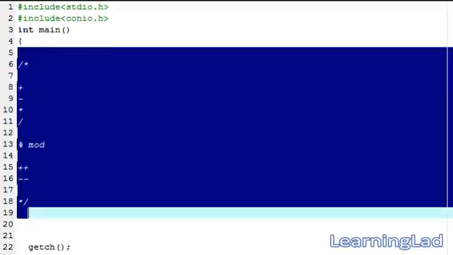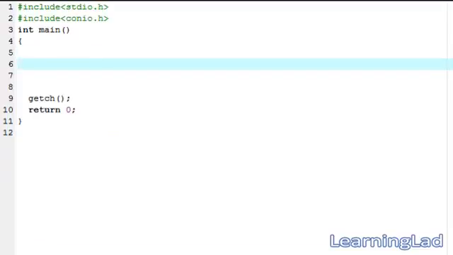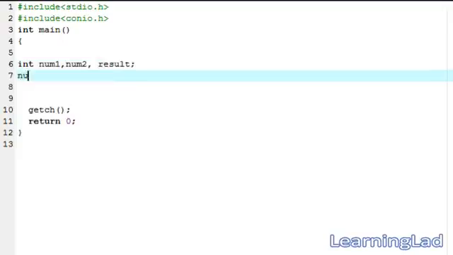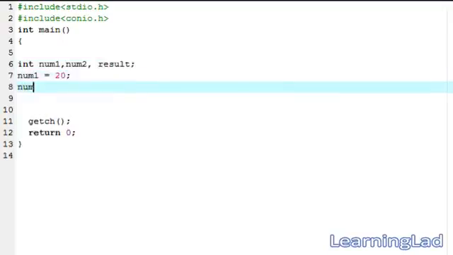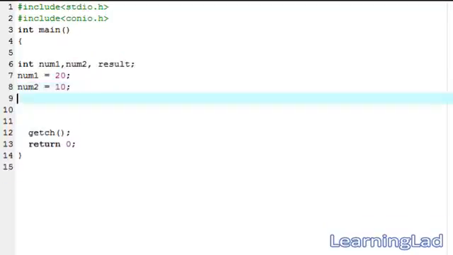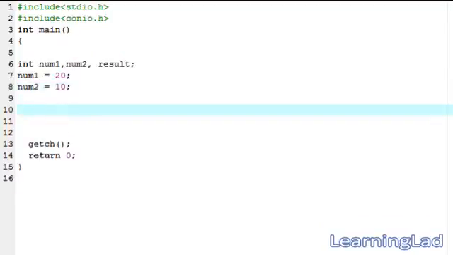So here, for demonstration purposes, we're gonna create three variables: int num1, num2, and result. We're gonna assign num1 a value of 20 and num2 a value of 10. First we're gonna see the addition operator, that is plus. We're gonna store the result of num1 plus num2 in the variable result, and we're just gonna print